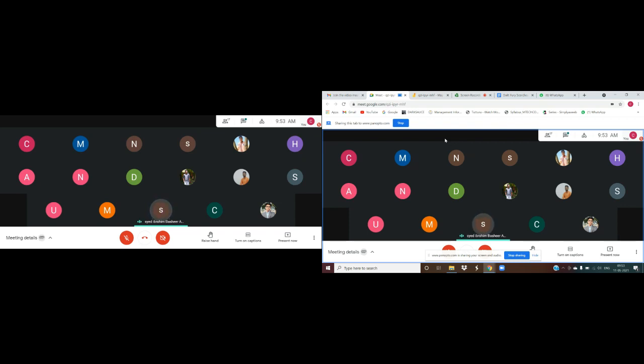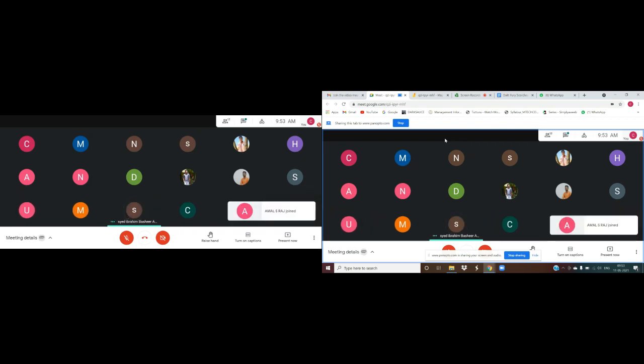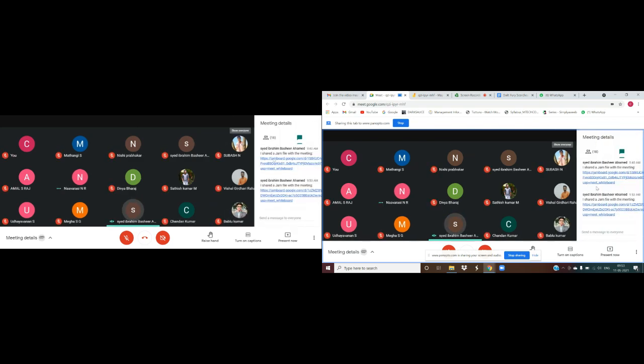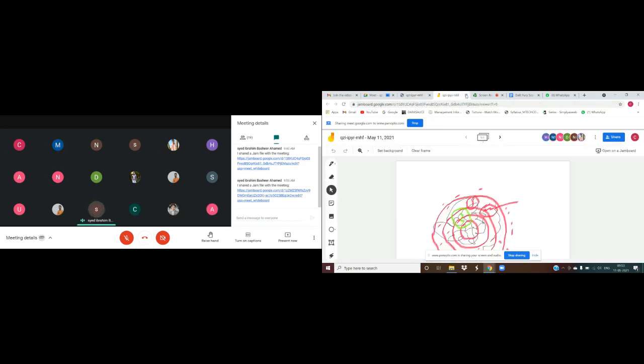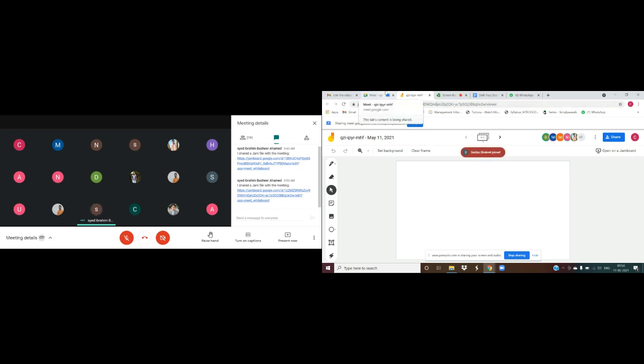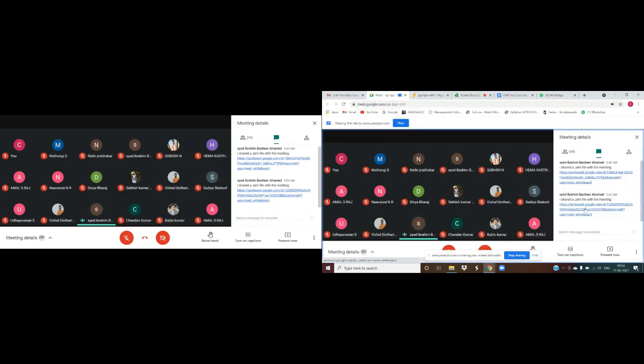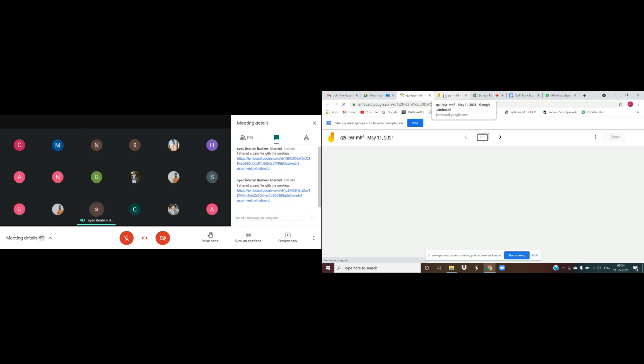Okay, is it available now for everybody? All of you can see the board? Yes, sir. All right. So now I was showing you an example of a globular protein. Suppose I have some protein, something like this. You have some domain over here, and maybe another domain, something like this, running like this, and you have another domain. In this case, how will you find out the hydrophobic core?